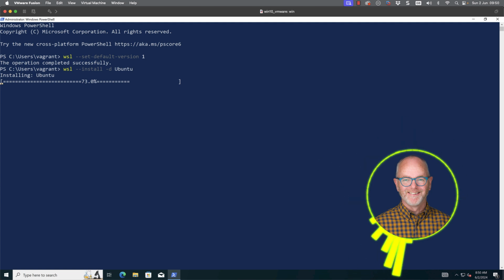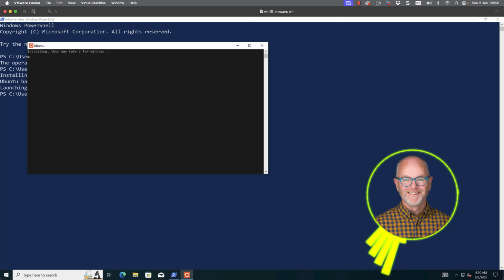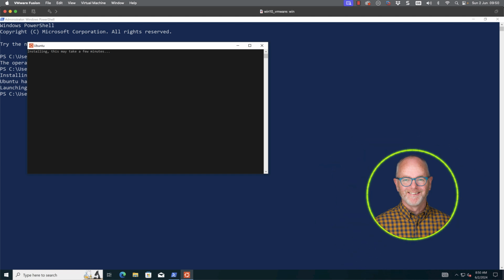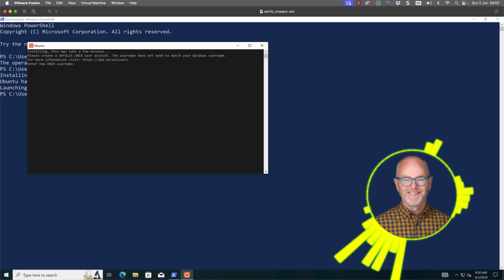Of course, it might vary a little bit based on your network speed and the speed of your host system. But we can see now that we're getting our Ubuntu system firing up. It gives you a little bit of a warning there that it might take a few minutes, but it's very much dependent on the processor speed of your system. But again, this is running in real time, so there's nothing cut out, so it gives you an idea.